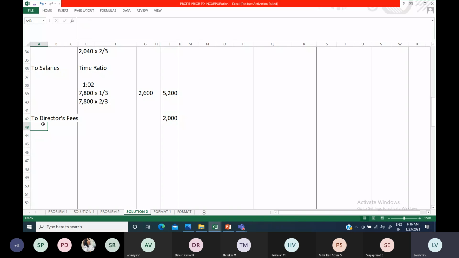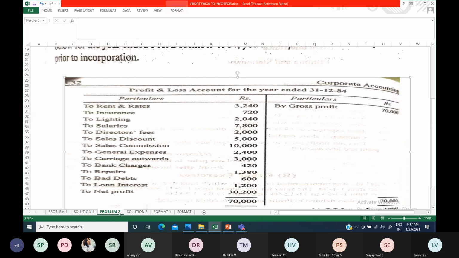Like this, if you come across preliminary expenses, formation expenses, director's fees, everything will come straight under the post column. We need not require time ratio or sales ratio there. Next, sales discount and sales commission. Even if sales is not mentioned, discount and commission both will be done based upon sales ratio only. Even if 5,000 brokerage is given, it will be done on sales ratio only. Brokerage, commission, discount, all those things use sales ratio.